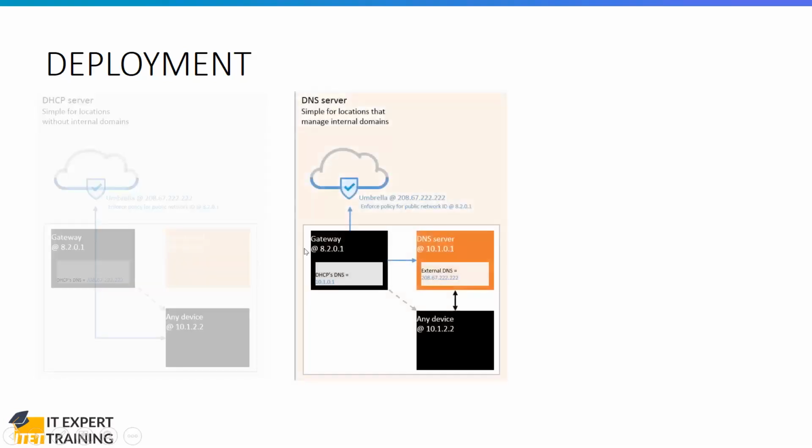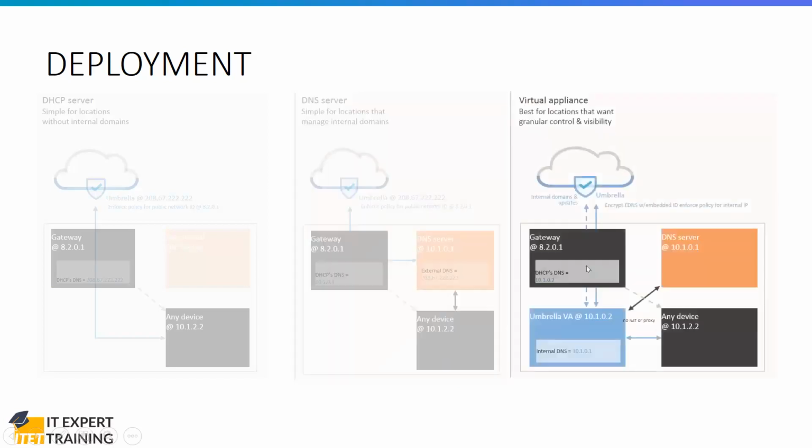The second one, you have an internal DNS server. Let us say you have an internal DNS server in your environment. So what you can do, on your DHCP and DNS server, put the DNS server for your internal devices as Umbrella, not your internal DNS server. Okay, so you always push the DHCP scope with the DNS server to any devices as the Umbrella DNS IP, instead of using the local DNS server or a public DNS server like Google and other DNS server IPs. This is simple for locations that manage